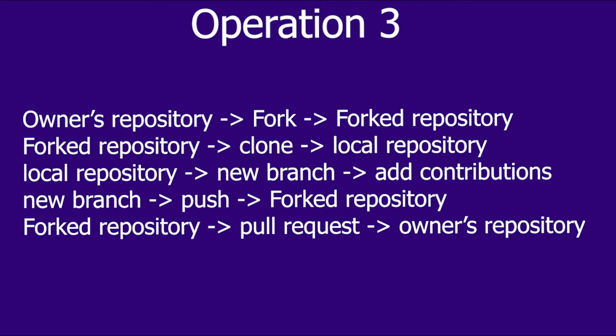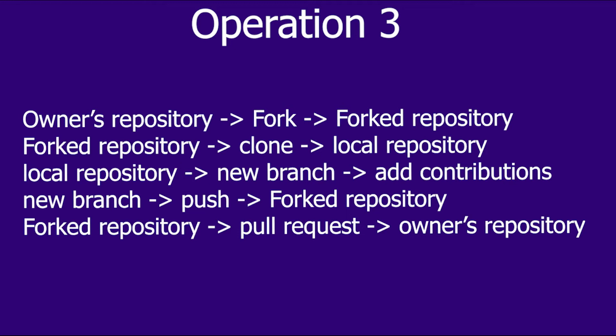Now in the third operation, on the contributor's side, we will first create a different branch, and in that branch we will add all the features or any modification or any file or some text. And when we push this new branch to the owner, we have two options. Either we can push that new branch to the default branch of the owner's repo or inside any new branch in that repo while making a pull request. These are the steps that we are going to follow in this operation. So let's implement this operation.